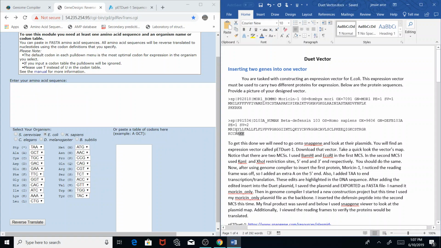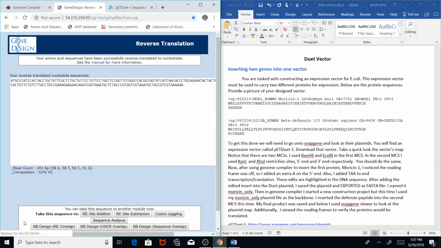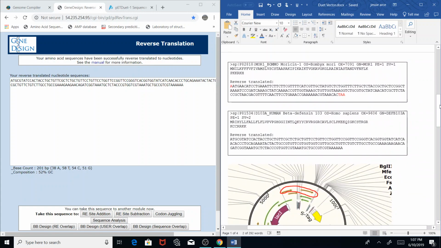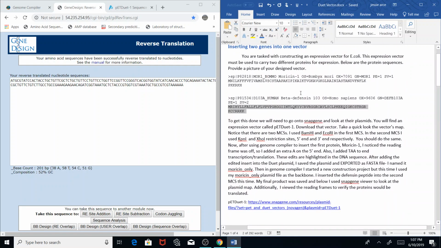So go here, copy, paste, E. coli, and then reverse translate. Same thing, copy and paste this codon optimized sequence, paste this here, and then here you can read this on your own. I'm going to be going through this step by step,